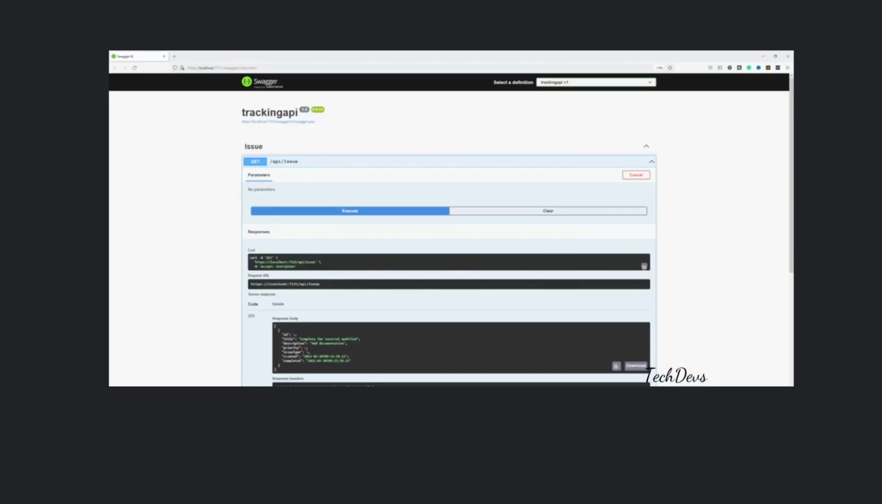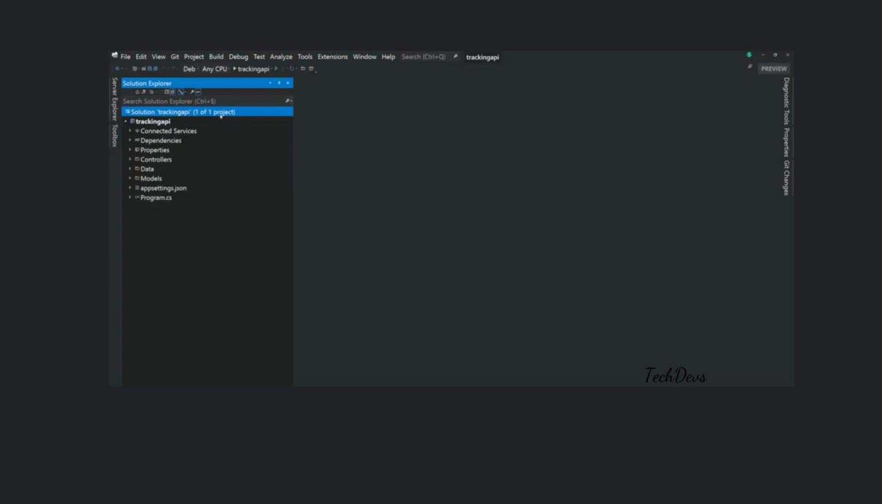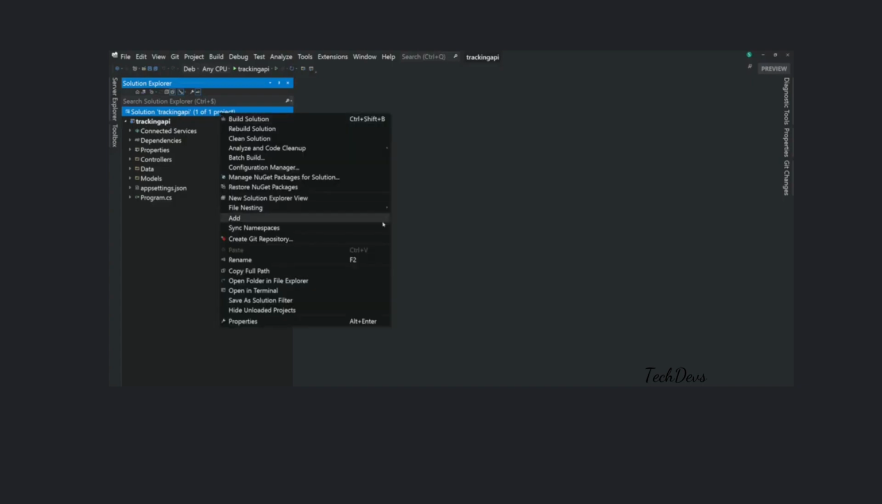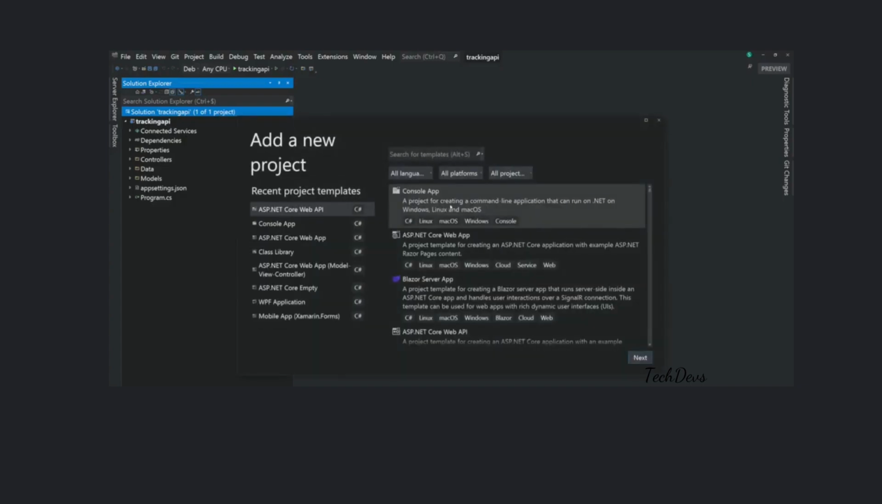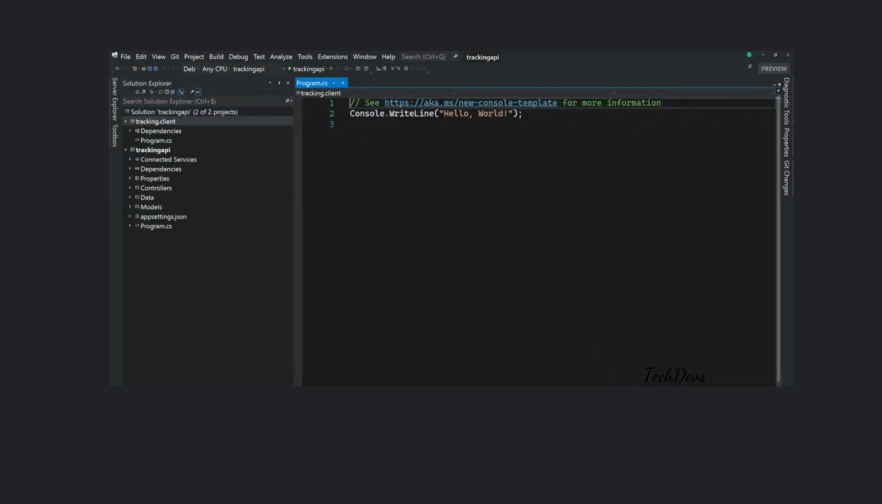So that's it for the API. Now we are going to create an app that will consume the API. In the solution, add a new project. Select the template console app. Then click next. Give a name to the project. I name it Tracking.Client. I leave .NET 6 as the framework, and I click on the create button to